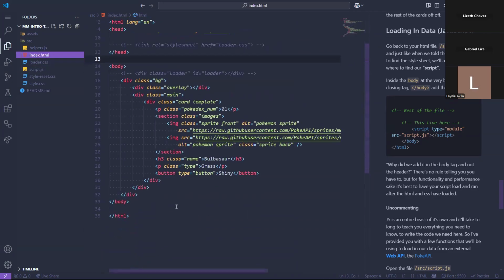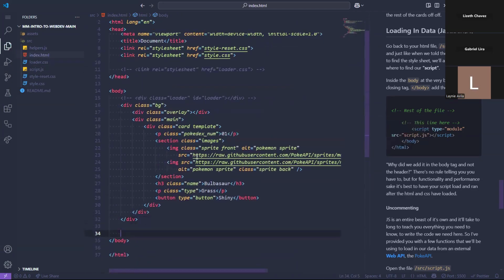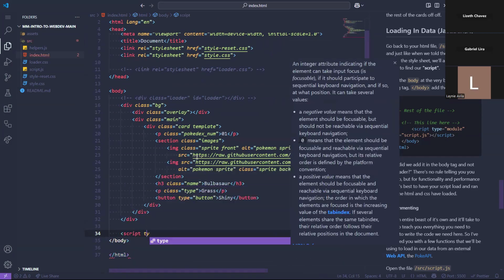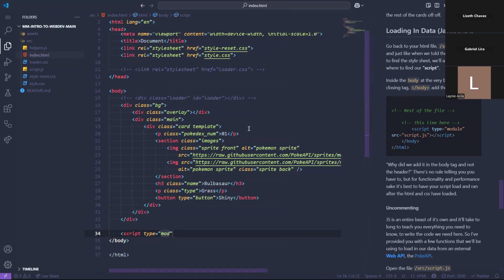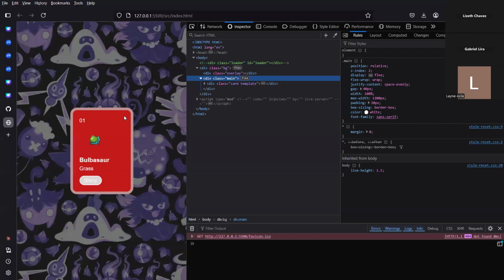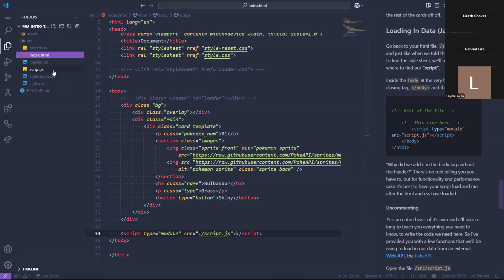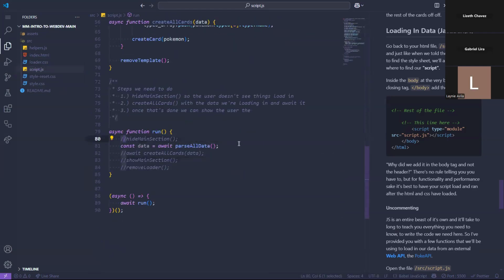But in our index HTML file, we're going to go to the closing body tag. We're going to write a script. Sorry, I keep wanting to use shortcuts. Script of type module with a source of the path to the file. For me, and hopefully for you, it's script.js. And I will close it. Nothing's happening, right? Because we commented out everything that's supposed to happen. So if we uncomment this function,